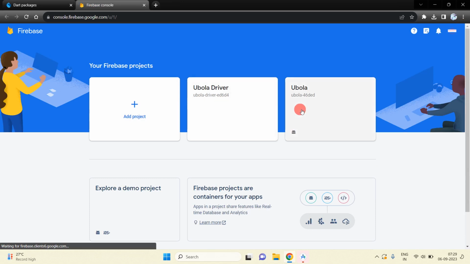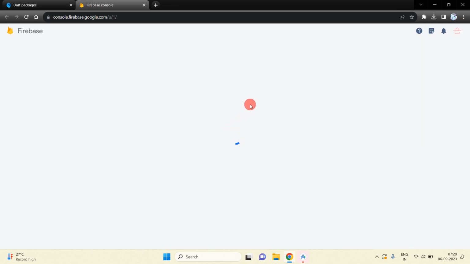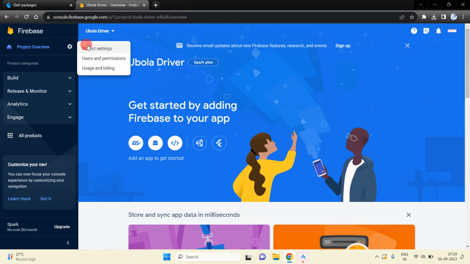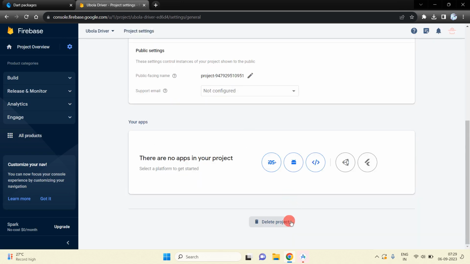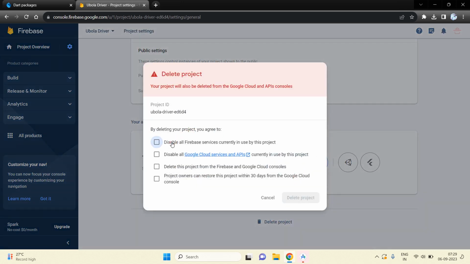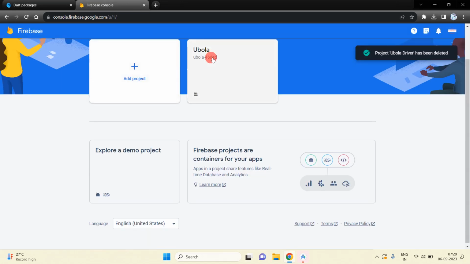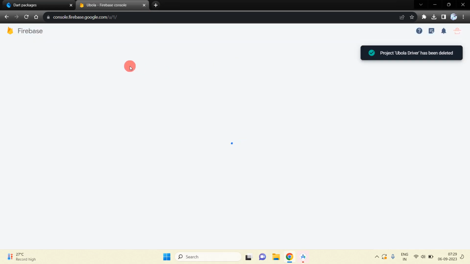And here I don't want to create this Ubola driver. Actually inside Ubola I want to create this Ubola driver. Okay, so just click on Ubola driver, and now I'm going to delete this. So just click on delete project. Inside Ubola I'm going to,